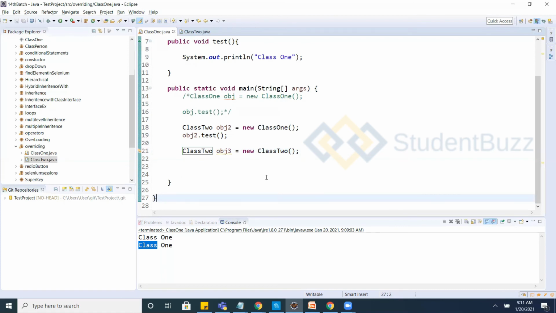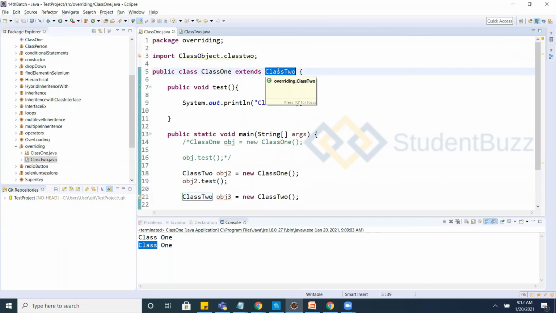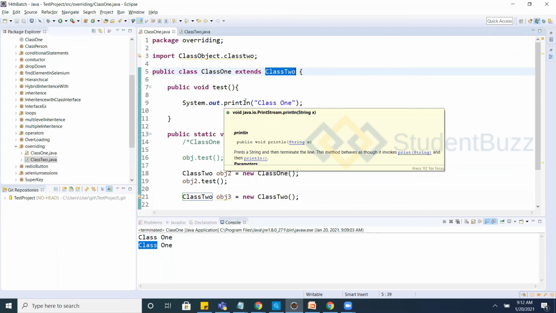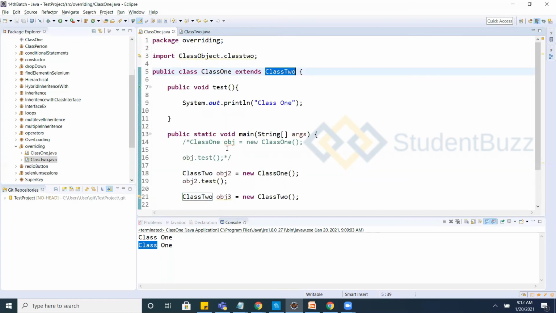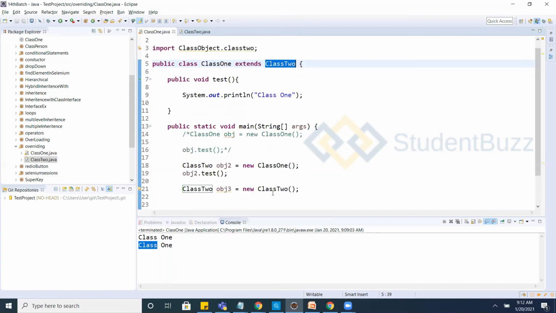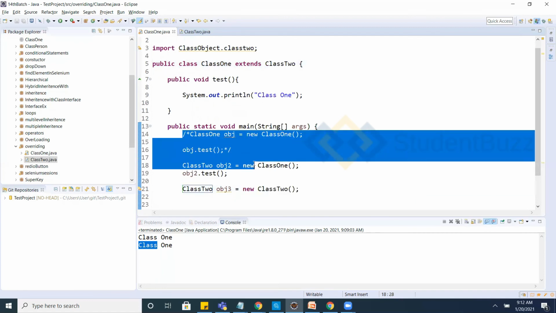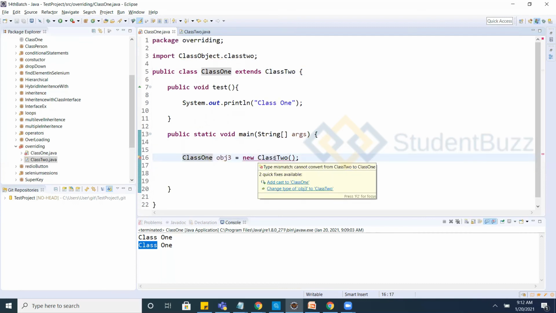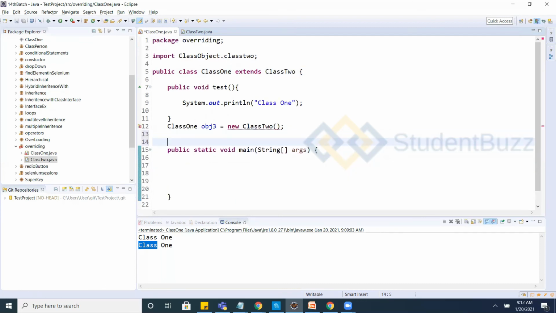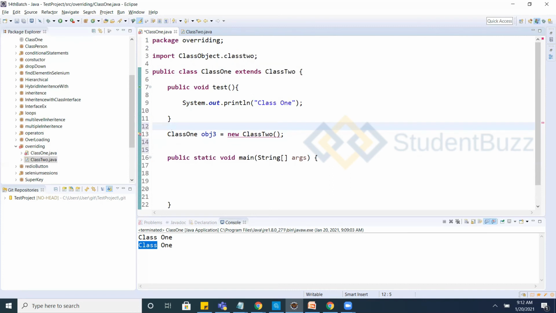If you extend class 2 in class 1, and you try to create a class 2 object and store it into class 1, it is not allowing us to do this. Wherever you are doing it, it is not allowing. For an object of class 2, it is asking us to use the same class name.